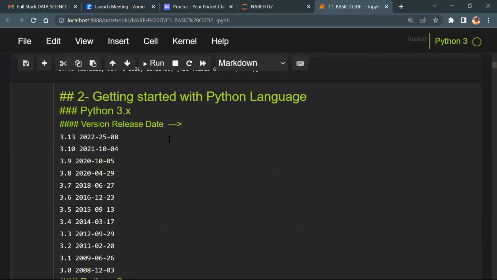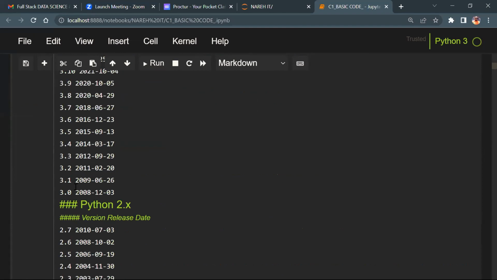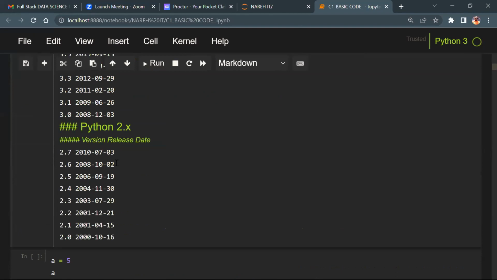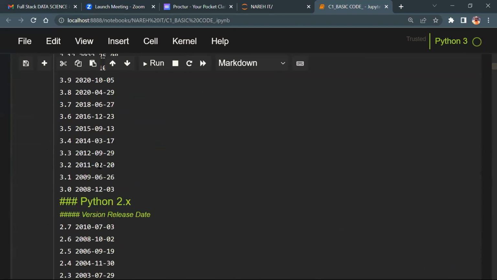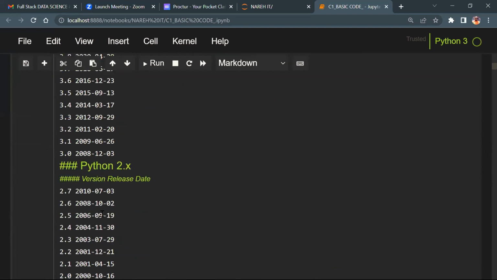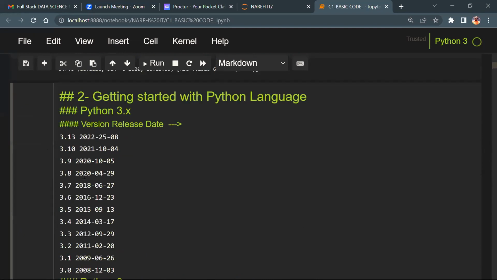Look at this, some of the release dates, like 3.13. All those things, 3.0, 3.1. These are version 3, and this is Python 2. Understand? I have some of the dates. This is not required, but still I want you to understand 3.0. The last version of Python 2.7 was in 2010. Understand, guys? And 3 is 2008. Recently I might be at 3.7, you check, you might be at 3.10 or 3.13. Understand, team? Clear or not?